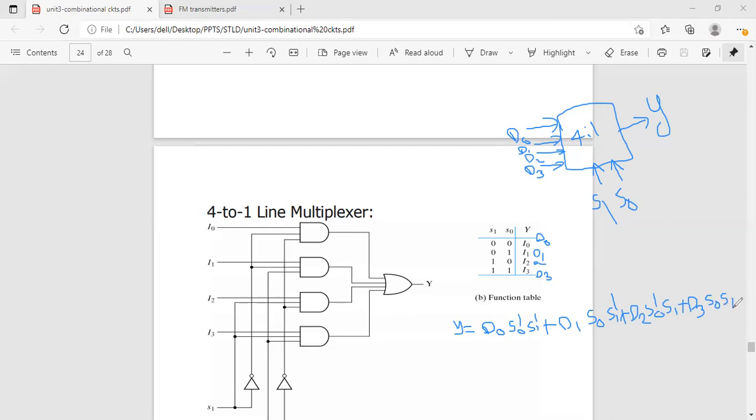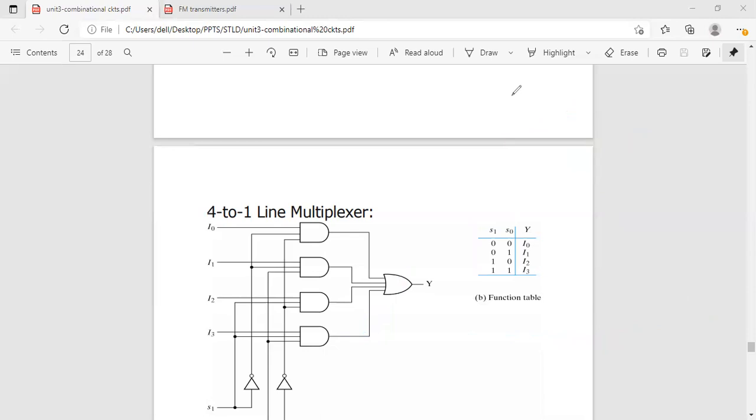From this expression, you have to draw the logic diagram using gates. So this is the 4 to 1 multiplexer logic diagram using gates. Okay, so this is a 4 to 1 multiplexer, and you may write this truth table with the enable input also. You just have to add the enable pin here. This enable should always be high. When this enable is 0, whatever the input you give, what is the corresponding output? The output will be 0. Okay, so this is all about the 4 to 1 multiplexer.